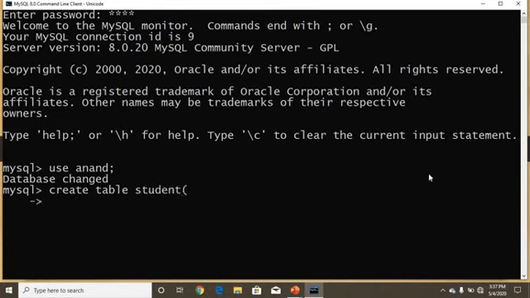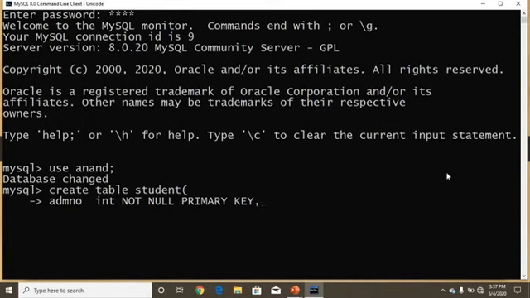Now I am going to create the first column, that is admission number. The data type is integer, since admission number is an integer. I am going to set a not null constraint with the primary key. If we give two constraints, I have to give some space: primary key, comma, and then I am going to give the next column.